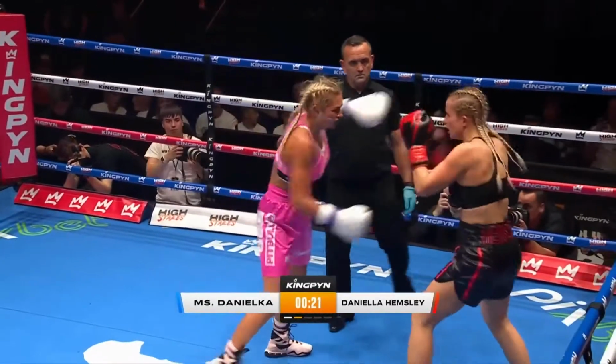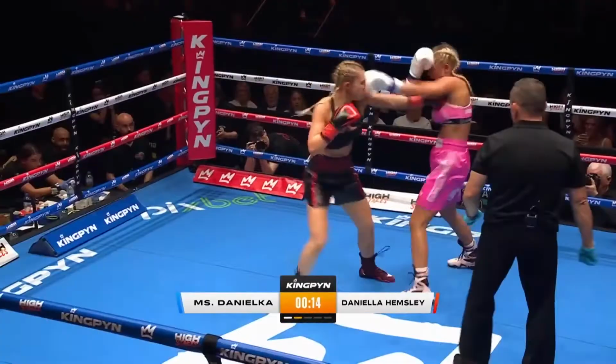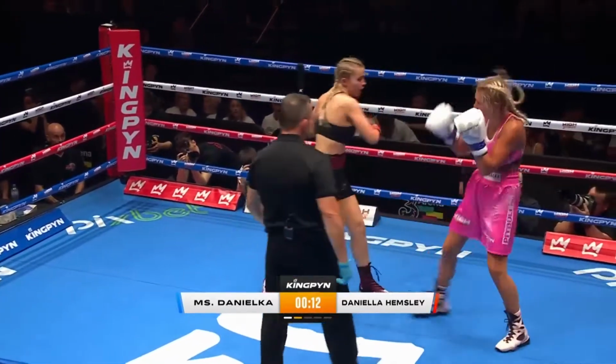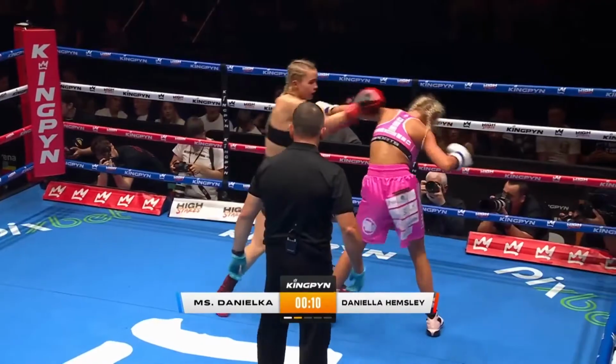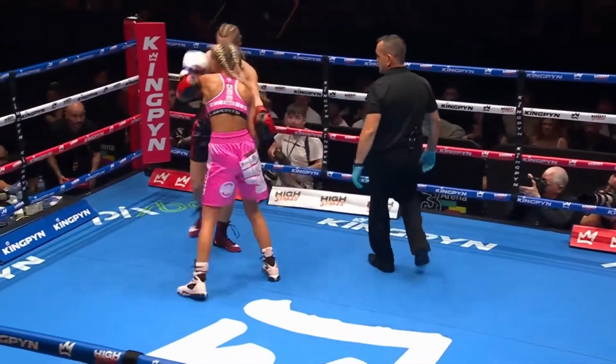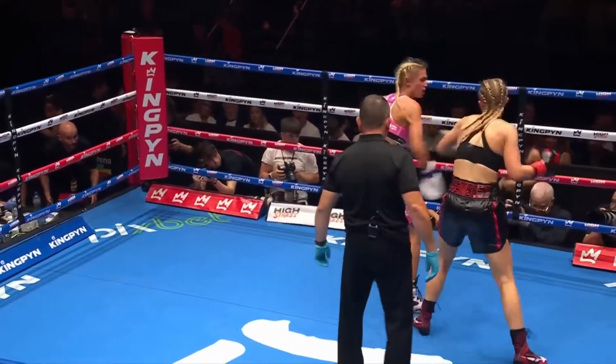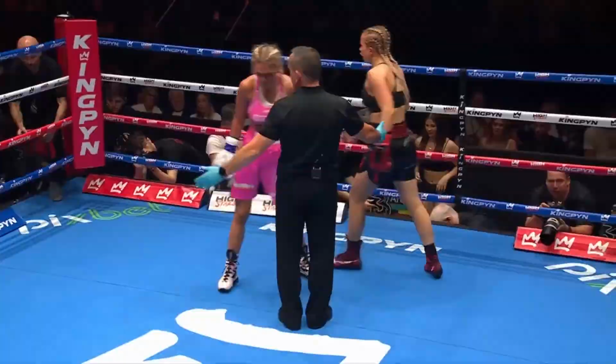Nice jab. And again, she's just letting loose. Zero defense, just going 100 punches around at this point. The Army calls it milling. They want to see you go in there and just keep throwing right to the end. Yeah, it's not pretty, it's not necessarily effective, but they want to see the heart in the boxing world. And I just feel if I was in Daniella's...